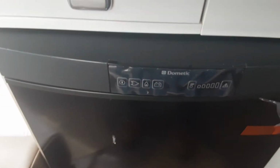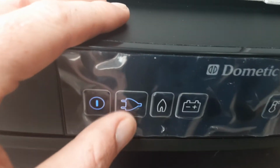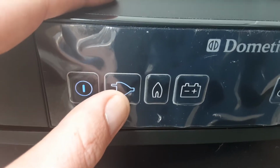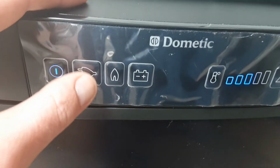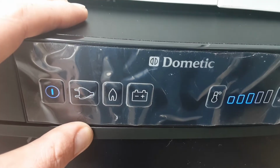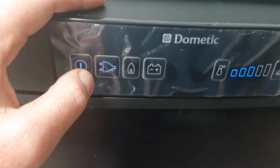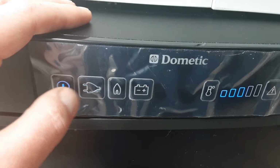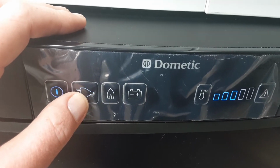To operate the fridge, you've got the power button, which, as you can see here, has turned blue, which means it is working on 240 mains. What it's doing now is bleeping at me to tell me there is no 240 supply coming into the caravan. The power isn't connected on the outside of the caravan at the moment, but if it was, the blue light that's flashing now would be a solid